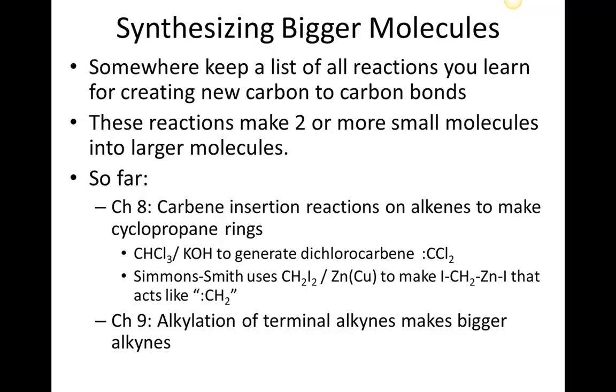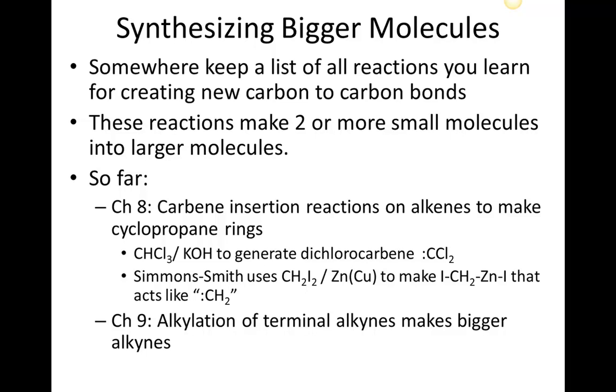Because we're going to use those kinds of reactions to take small molecules and make bigger molecules. And so far, in Chapter 8, we talked about adding a carbon with a carbene onto an alkene to make 3-membered rings. So we had chloroform and KOH, which would generate the dichlorocarbene. And so then we could make 3-membered rings that had chlorines on them. Or the Simmons-Smith reaction, where we use diiodomethane and the zinc-copper couple, and that made this species, which acts like a carbene that's just a CH2 carbene. Again, makes 3-membered rings, but they're just plain